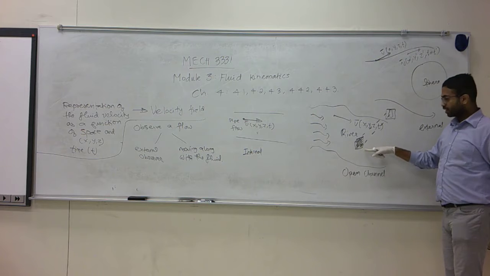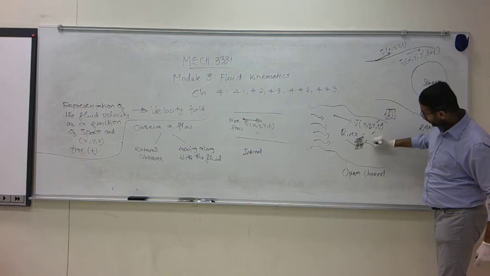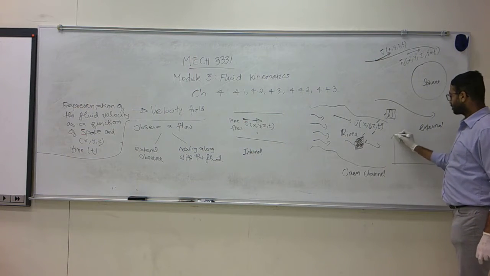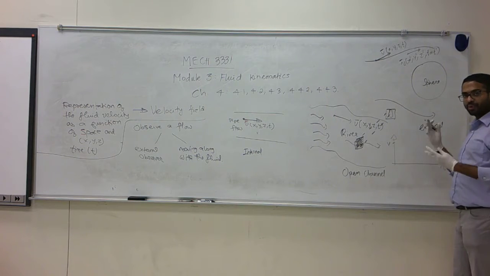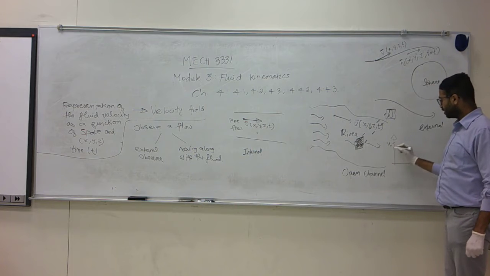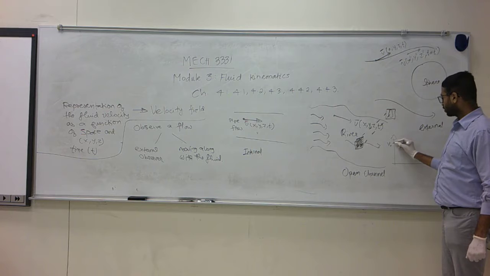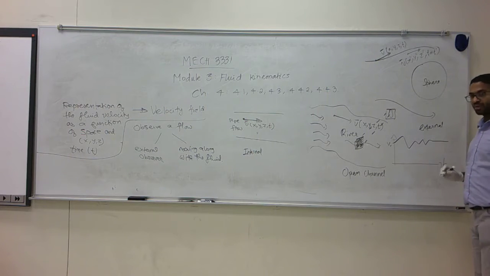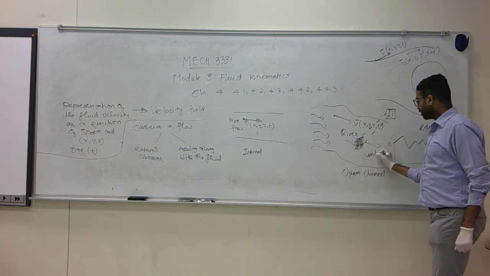Same way, we are focusing our attention only on the fluid that goes through this volume at a given time. At any given time, we are interested in monitoring, let's say, a velocity component. Let's say I plot one particular component of the velocity of the fluid that is residing inside this volume. That can go up, it can come down, it can be constant, whatever. I am interested only in this volume. This volume is sometimes called the control volume.